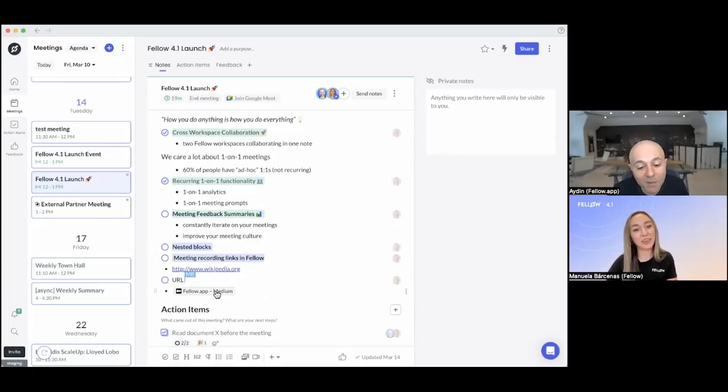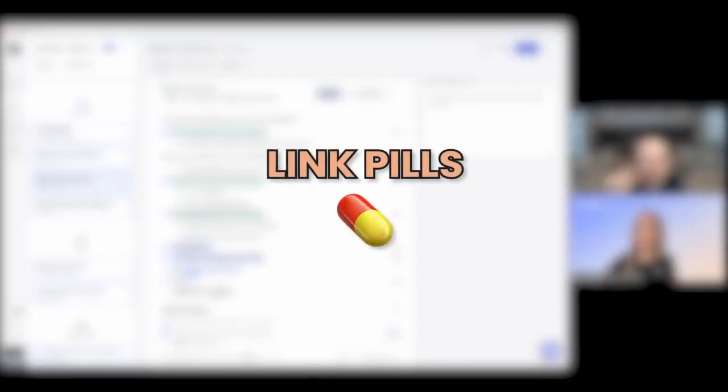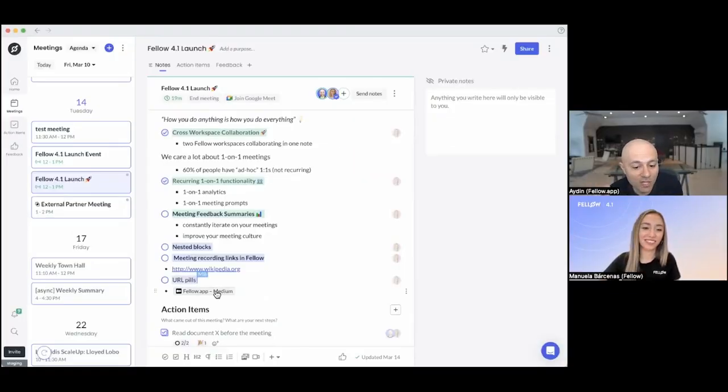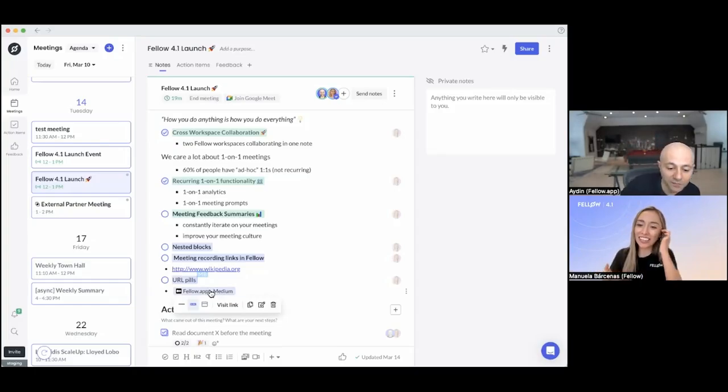But basically, we now have these nice little URL pills. Again, a quality of life improvement. It looks really great and gives you a sense that it's a visual link, just another really nice thing that we've added here. Yeah, it looks organized, makes the agenda look very nice, which obviously we're constantly thinking about, making the experience a delightful one. And yeah, I'm so excited about all these features, Aiden. And like you said,